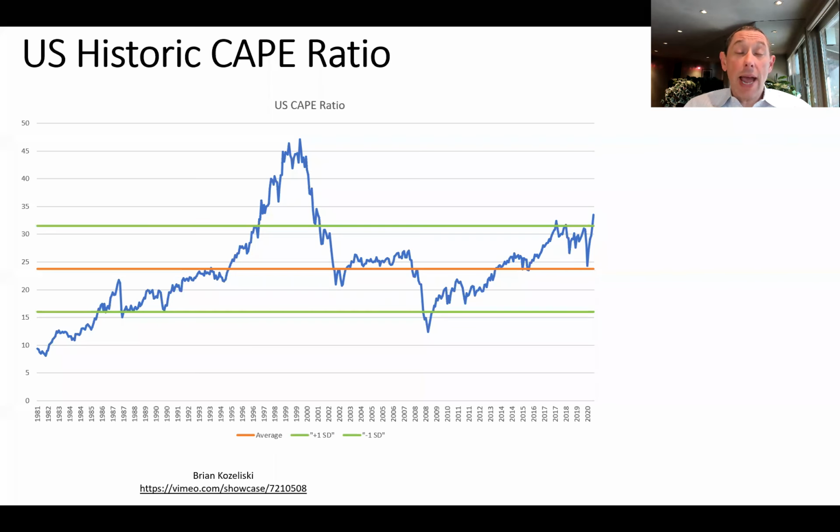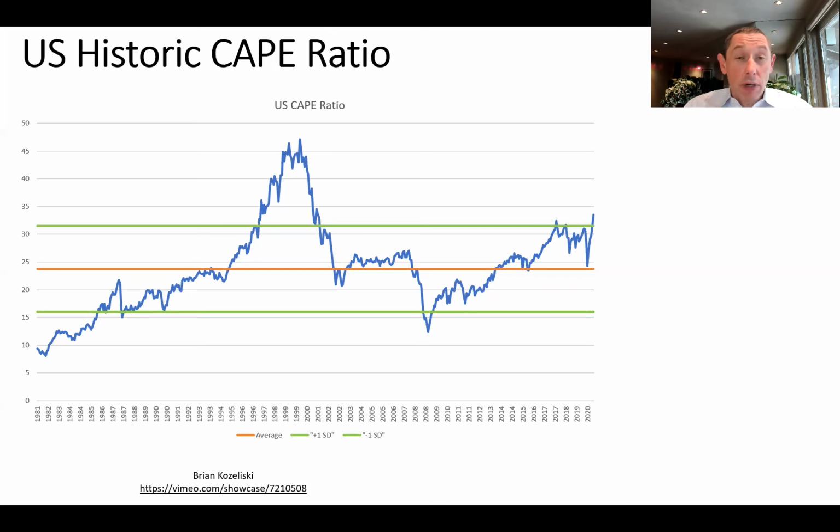So let's take a look at the CAPE ratio over time here in the US. We can see that it's only been higher during the internet bubble. We know how that ended. I've also drawn in here an average line, somewhere around 24, and some standard deviation lines. So we can see that right now, from a valuation perspective, the US is more than one standard deviation more